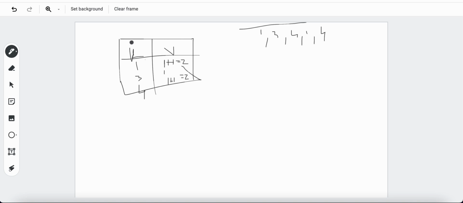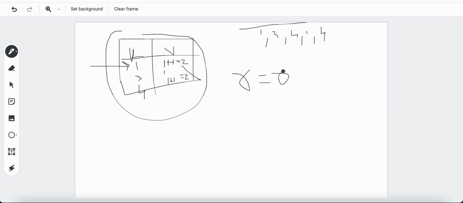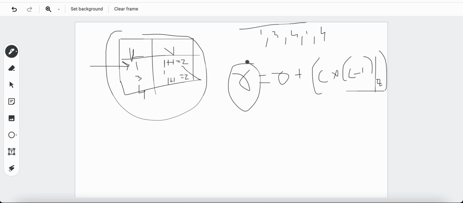Now we have populated our hash map. Now we go through the elements inside the hash map. So what is the number of times this 1 is occurring? 1 is occurring 2 times. We have a result variable, so result is equal to result plus whatever the count is. Let's say the count is C, into C minus 1 by 2. Just repeat this process, and at the end you will have a value of the result,